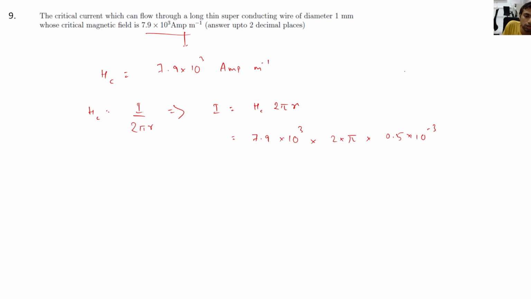So I am converting, say R is equal to 1 mm by 2, which is 0.5 mm. So if you calculate this, it will come up in ampere. So we have to calculate, and it will give you,